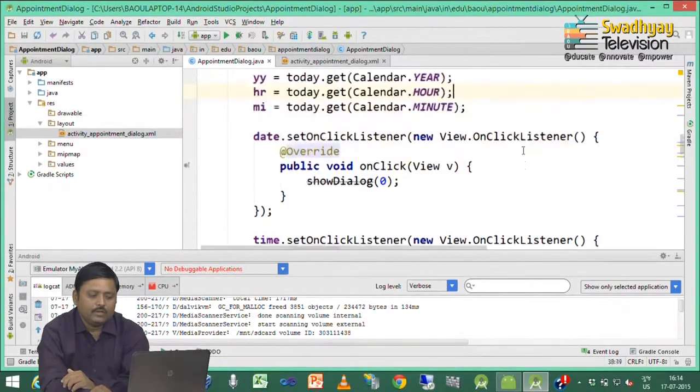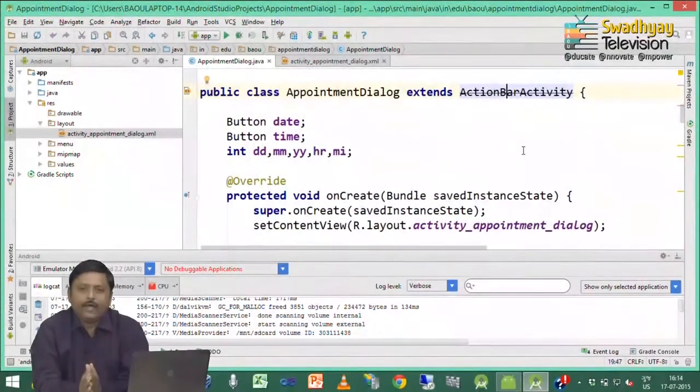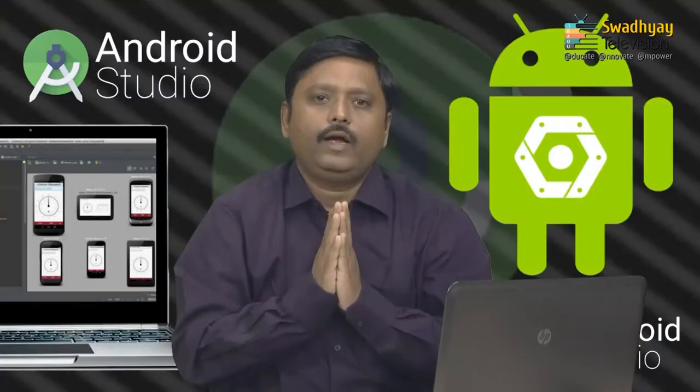So, today we have learned the date picker and time picker control. We have also learned how to display date and time picker dialogs and how to use calendar to get the current date and time, and how to use showDialog and the onCreateDialog method. I hope you enjoyed the session. Thank you and happy learning.